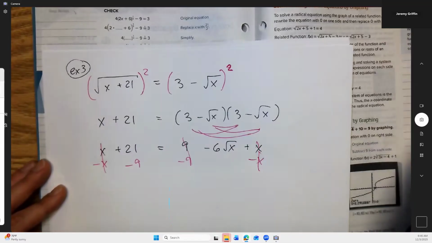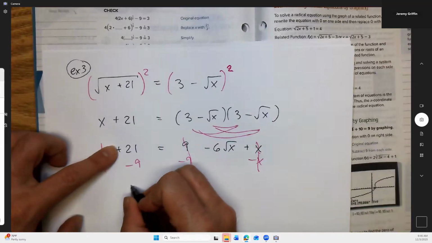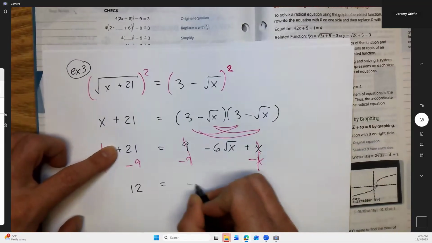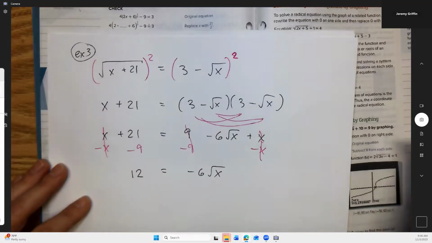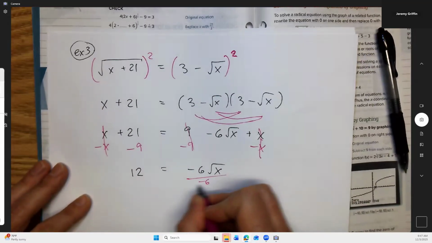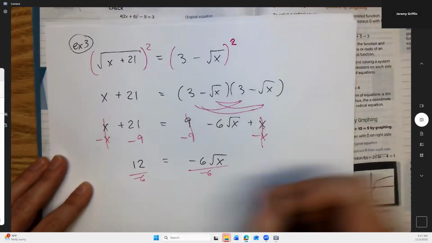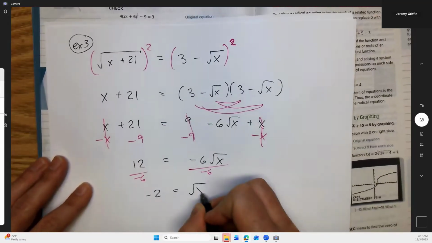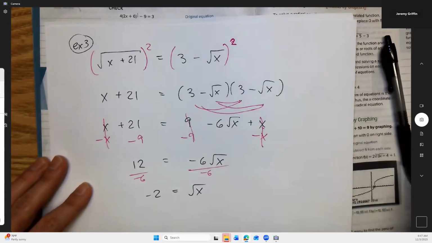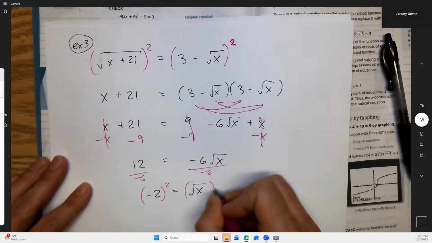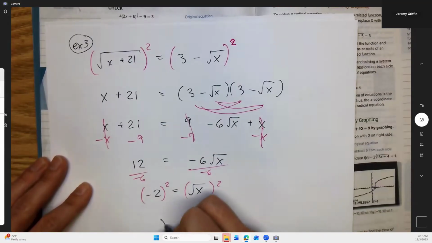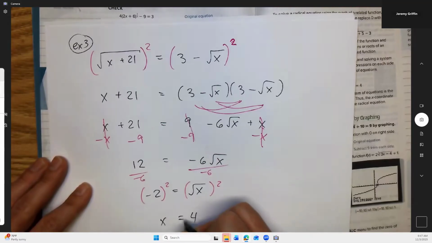Okay. So on the left side, I'm getting, it says 12, I think. 12 equals negative 6 root x. Next step. Yeah, divide by negative 6. That's negative 2 equals root x. And the last step is what? Square both sides. I'm getting x is 4. Okay. Now,